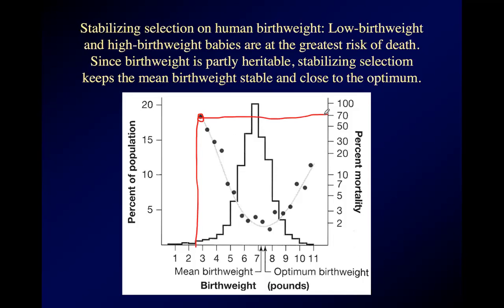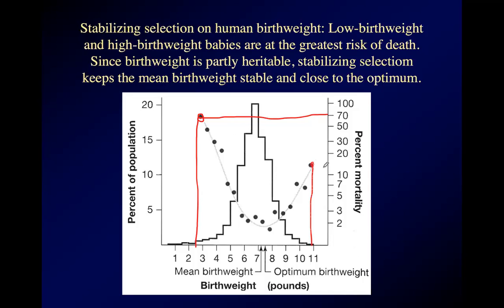Today, I'm sure the figure's different because we're a lot better at this, but there was a time when most low birth weight babies simply didn't make it. Babies that were born prematurely had very low odds of survival. You also see that there with the high birth weight babies, babies that were born at 11